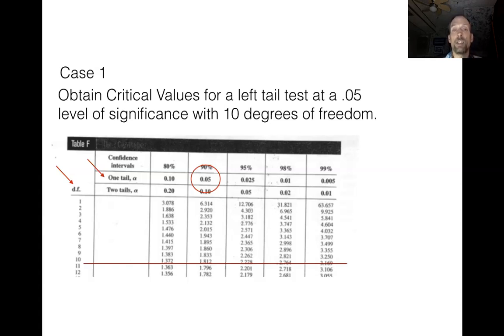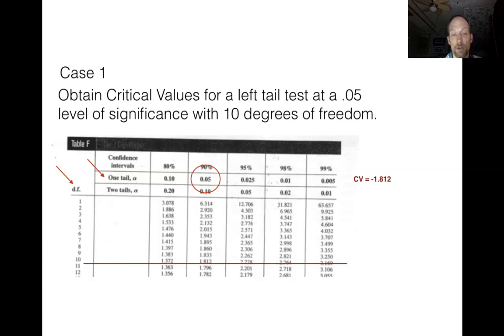Remember, when they invented the t-distribution table, they knew that the whole table was symmetrical, so they decided to only list half of the values. They figured we're only going to list the positive values. And we have to remember, if you're doing a left tail test, you need to put a negative in front